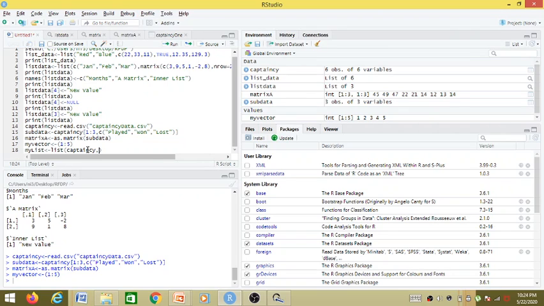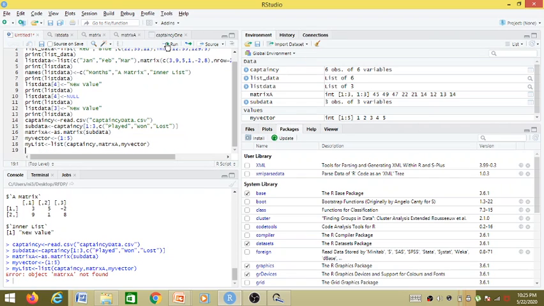So we are passing the captaincy data frame, we are passing matrix A, and we are passing my vector. And if we run this, yes, my list has been created.